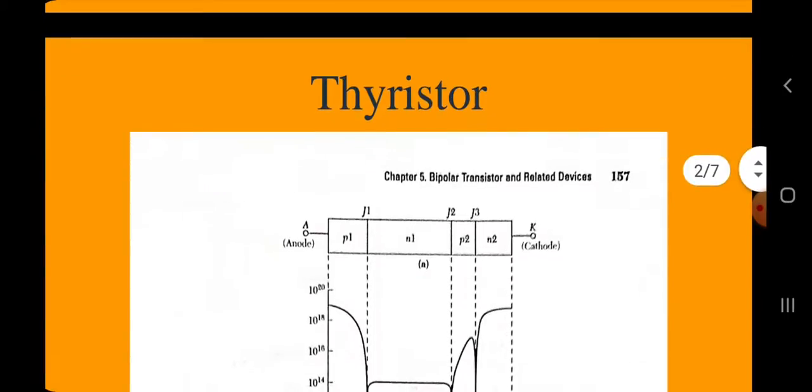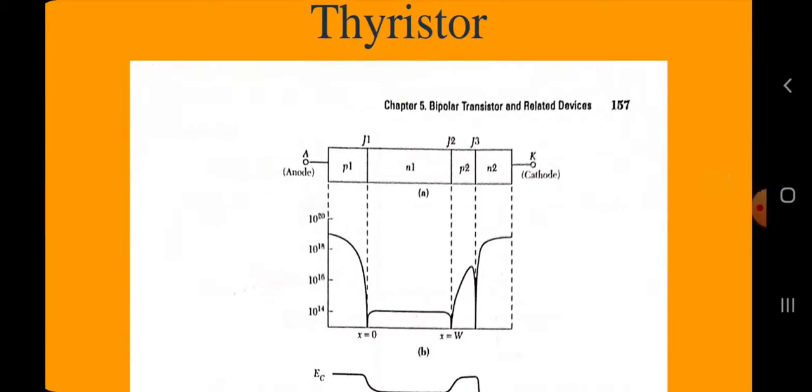We have considered the use of bipolar transistors in this application, in which the base current drives the transistor from cutoff to saturation for the on state and from saturation to cutoff for the off state. The operation of a thyristor is intimately related to the bipolar transistor, in which both the electrons and holes are involved in the transport process. However, the switching mechanisms in a thyristor are different from those of a bipolar transistor.